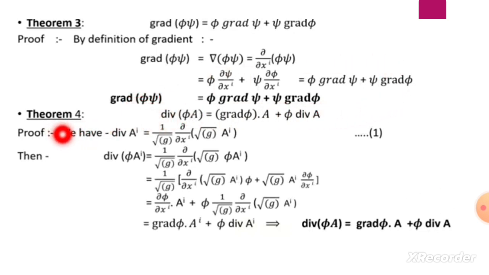Now coming to theorem number 4, here we have to prove that divergence in bracket phi into A is equal to gradient phi into A plus phi divergence A. So for the proof, we know that divergence a superscript I is equal to 1 upon under root g del upon del x superscript I in bracket under root g a superscript I. Considering this as equation number 1, then we have divergence phi a superscript I is equal to